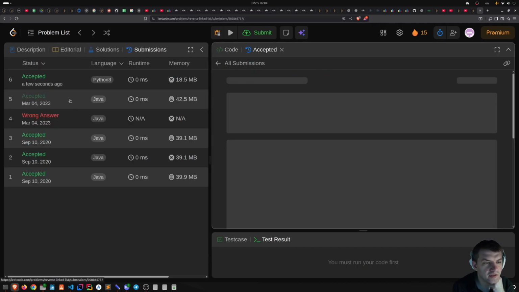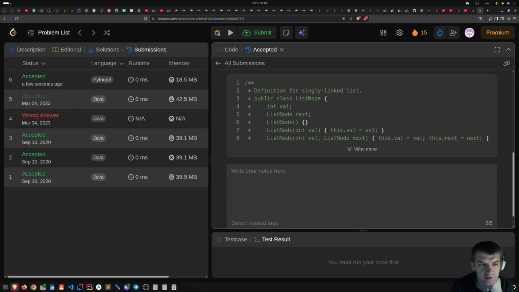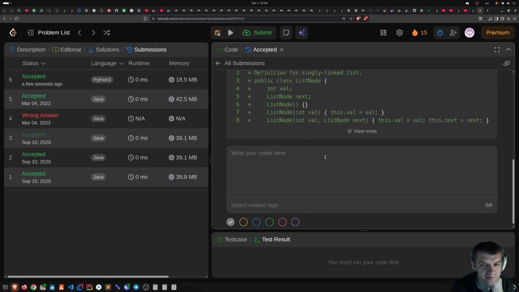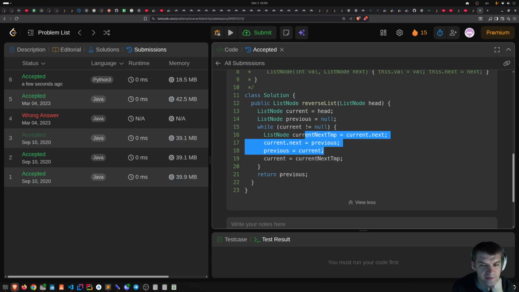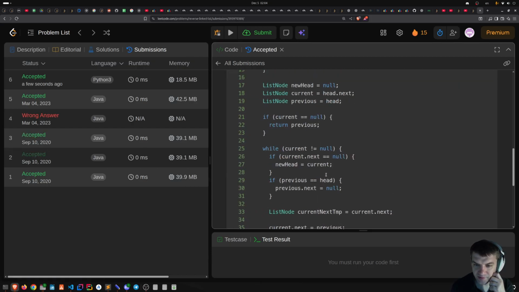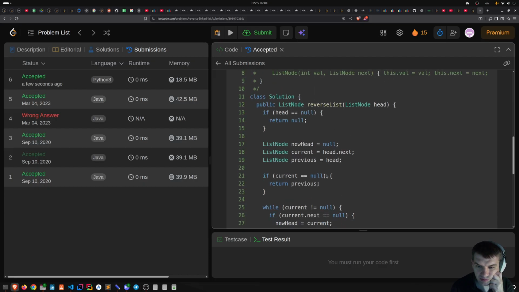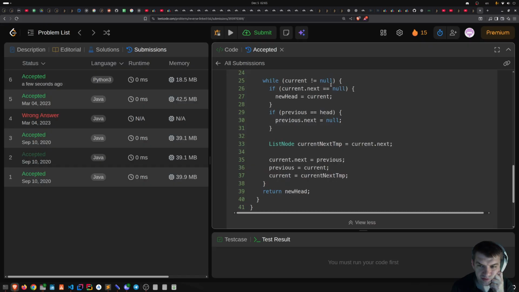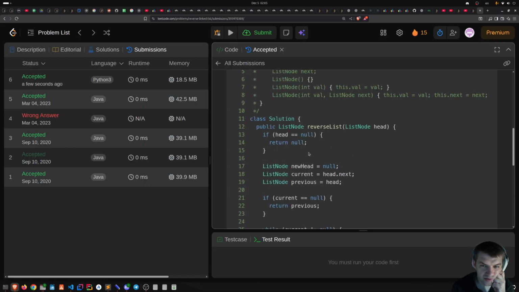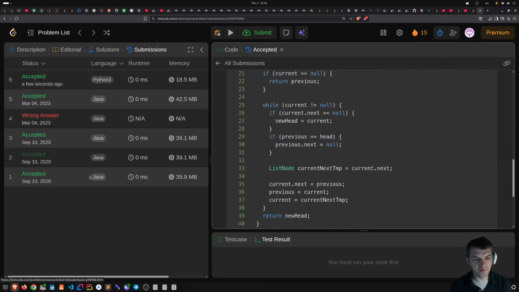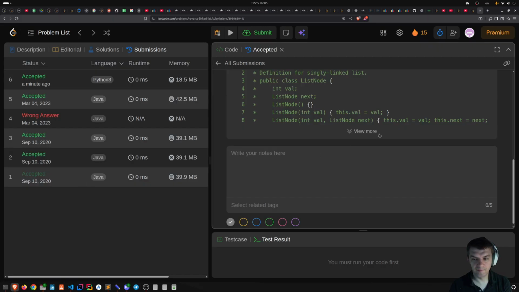Let's first check what I was doing like 2 years ago. This is iterative here also. A little less optimal, but still fine. This one. Okay, works fine. This one